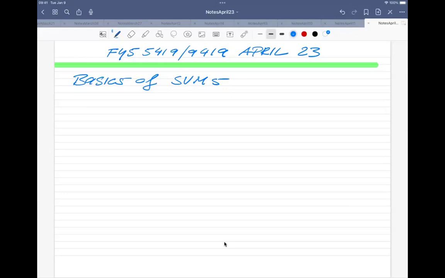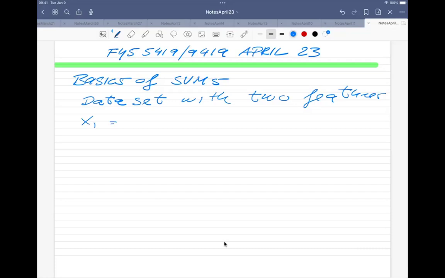So let's look at the basic mathematics of these support vector machines. And let's take a very simple case. What we're going to look at now is a data set which is characterized by 2 input parameters. So we have our data set, which has now 2 features. So we have a series of observations, and these features are now vectors x1, which is now a vector which